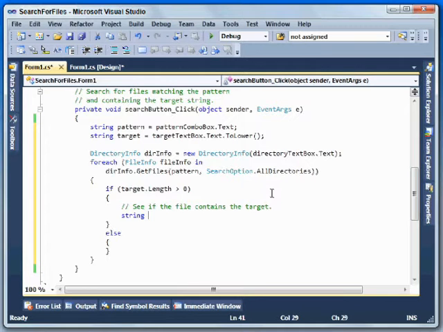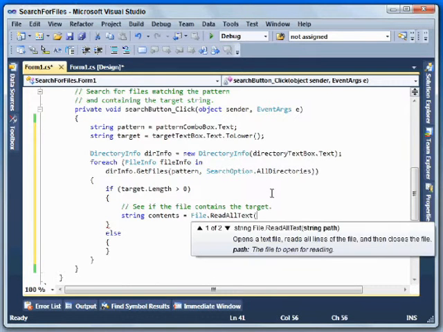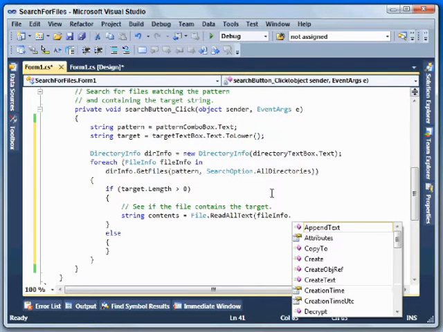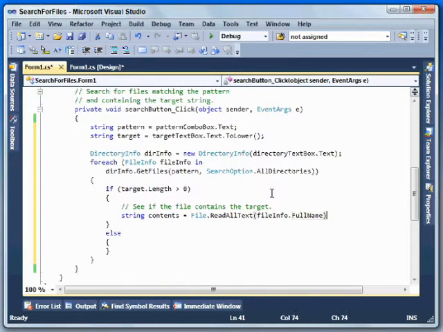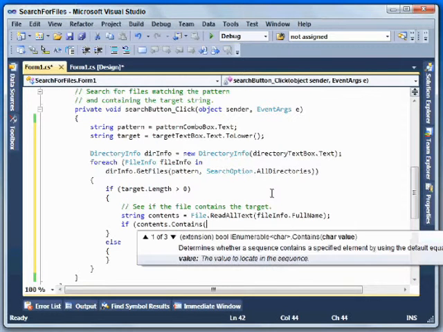So I'm going to say string contents equals, I'm going to use the File class's ReadAllText method, and I need to pass in the name of the file. Well, I already have a FileInfo object here, so I'm going to use it: fileInfo.FullName. And now I'm going to see if the target string is in this thing. So I'm going to say if contents.Contains(target),